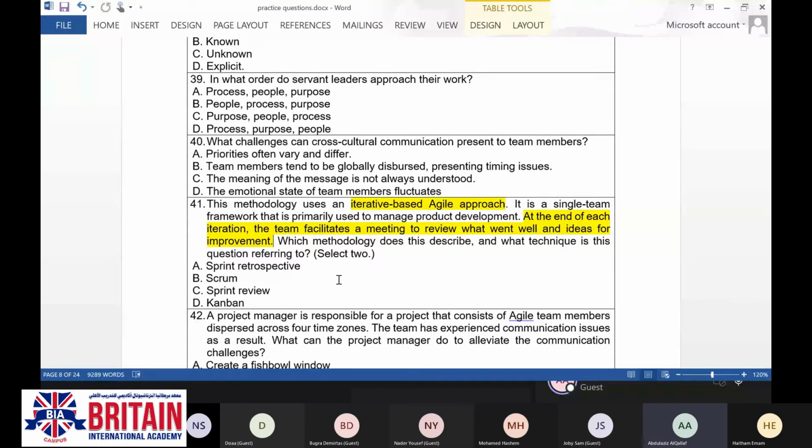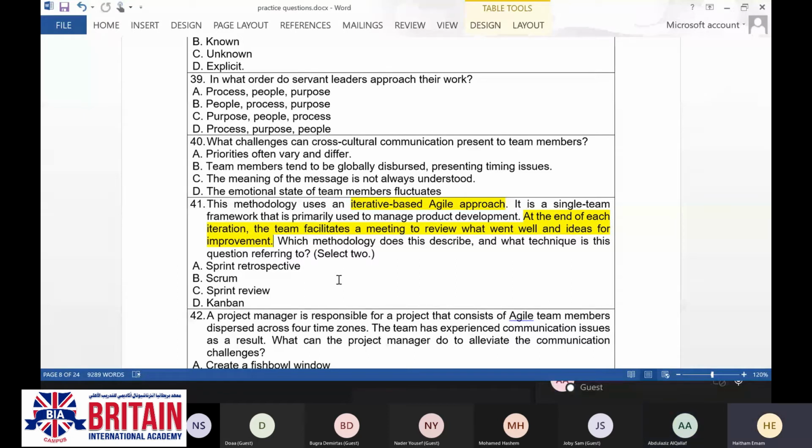But the sprint retrospective discusses what went right, what went wrong, and what can be improved for the future. So this is the difference: sprint review only reviews the previous, but sprint retrospective reviews the previous and we put a plan for improvement for the next sprint or iteration. Okay, thank you.